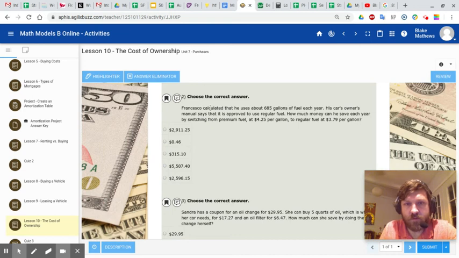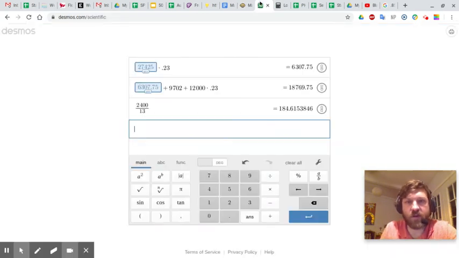Francesco calculated that he uses about 685 gallons of fuel each year. His car owner's manual says he's approved to use regular fuel. How much money can he save by switching from premium to regular? So in other words, if he does premium at this cost or regular at this cost, what's the difference? So we need to find out both. So we have 685